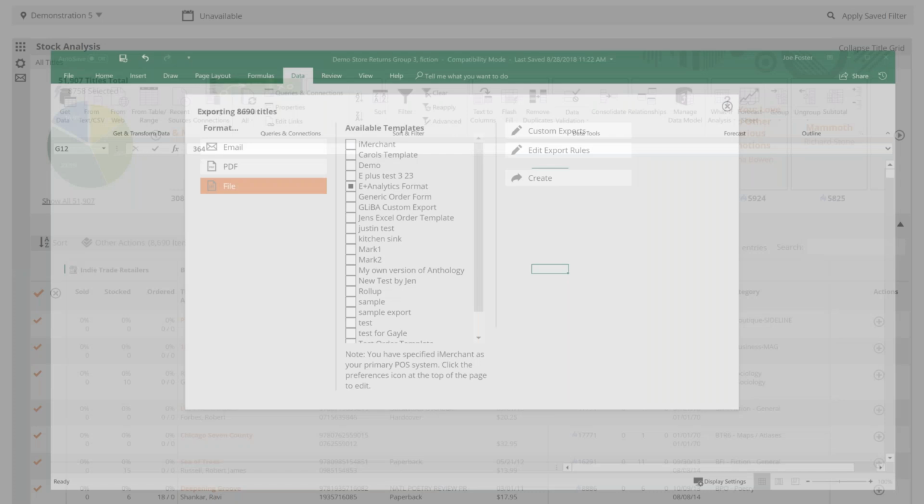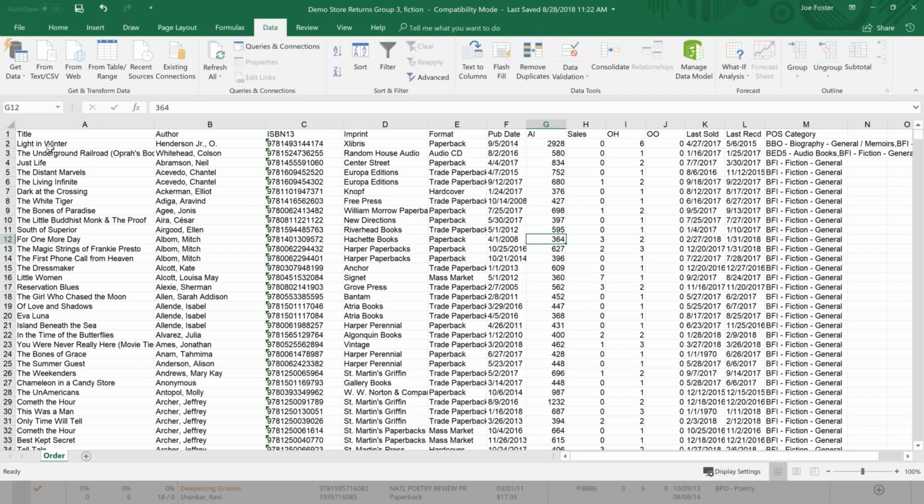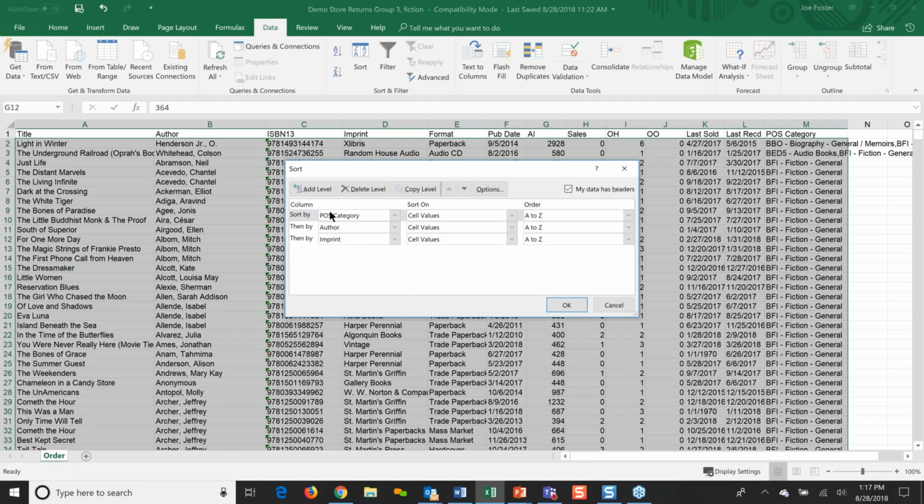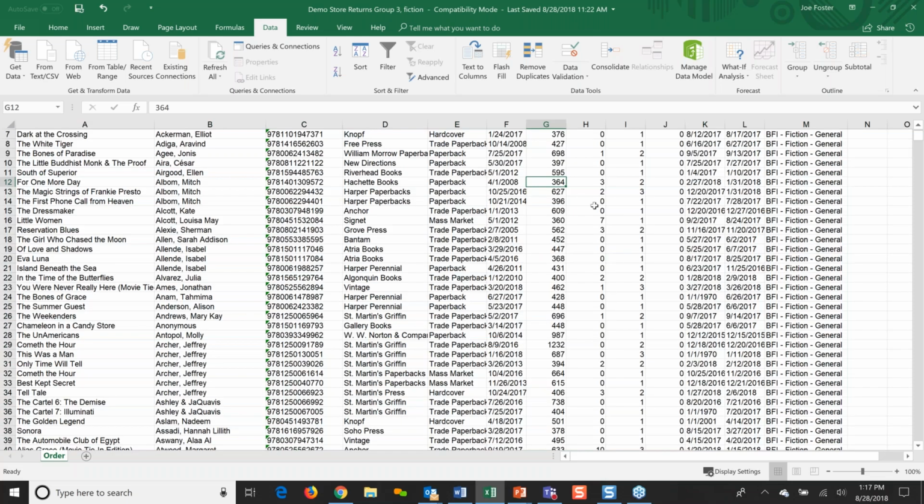So I actually deleted some columns here that I didn't want. It just took a second to do. And then I sorted this, so you can sort your list because it's Excel. I sorted this by point of sale category, and then by author, and then by imprint. So it's going to basically be nice little chunks that you can work through. If you want to send these to different pages or different sheets within Excel, great. Just copying and pasting those in. I'm not here to teach you how to use Excel, but basically here is a list that you can essentially